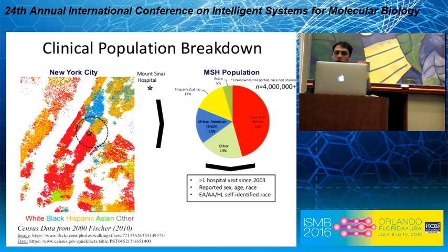To further refine this data, we only included individuals that had a hospital visit since 2003, when the EMR was implemented at Mount Sinai. We further only kept people that had a reported sex, age, and race, with no unknown or unreported. And finally, we studied only the 3 populations with the most representation in our cohort, which was EA, Caucasian, African American, and Hispanic Latino. After these steps, we're left with over 1 million people and a pretty decent representation of Hispanic Latino and African Americans at 17% and 22% respectively.